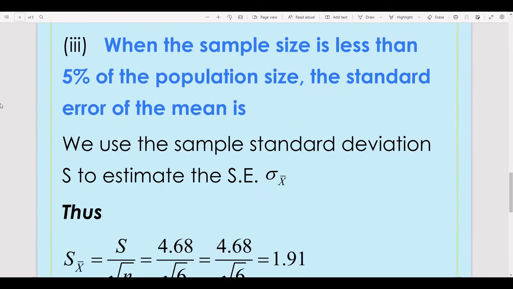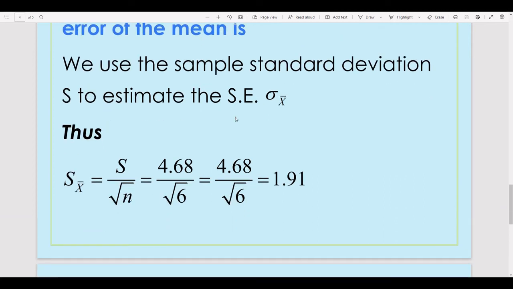Third part, when the sample size is less than 5% of the population size, we use the standard error of mean. Standard error S of x bar is equal to standard deviation over square root of n. We calculate standard deviation 4.68 over square root of n, where n is 6, so square root of 6. The answer is